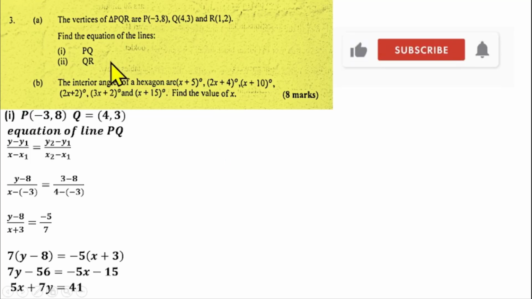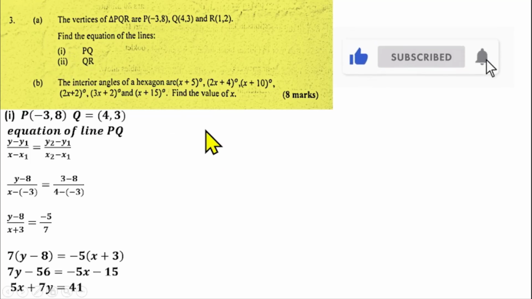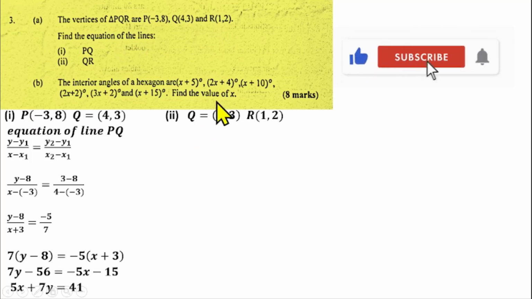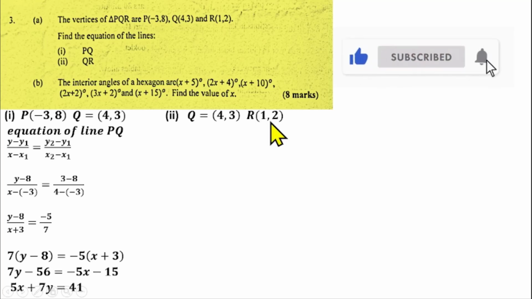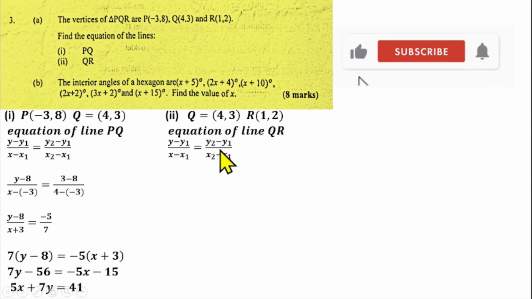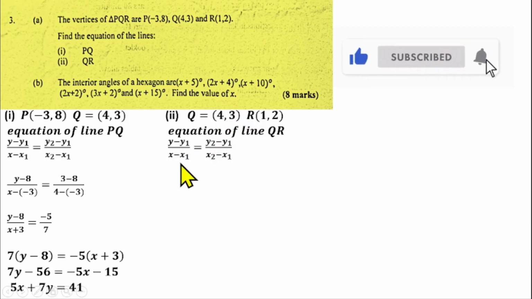So similarly, we can do that for the equation QR. Equation QR given the coordinates of Q and R: coordinate Q is (4, 3) and coordinate R is (1, 2). From there we can use that to find the equation of QR using the same formula we have here. So we have y minus y1 over x minus x1 equals the gradient. So all you need to do is to substitute. If you substitute correctly, we have y minus 3 over x minus 4 equals 2 minus 3 over 1 minus 4. And if you simplify further, we have